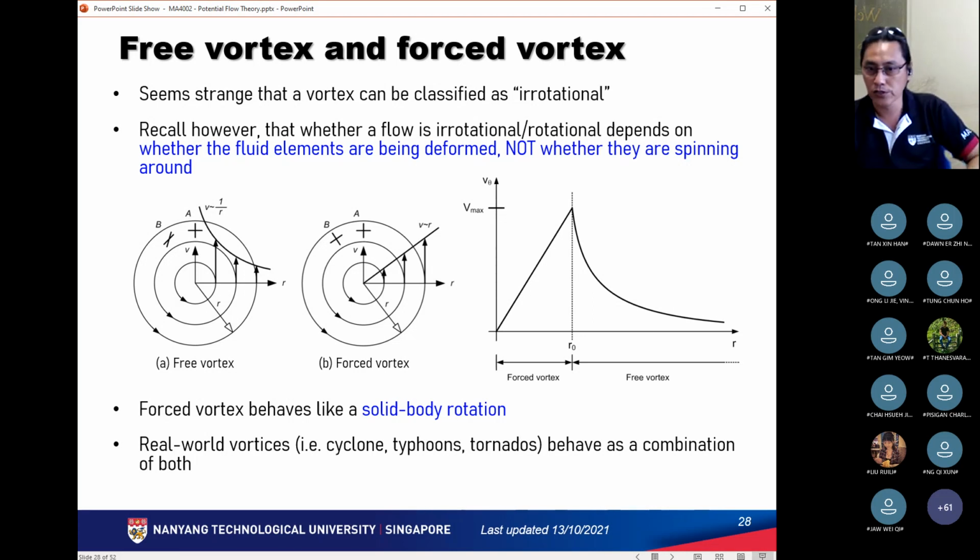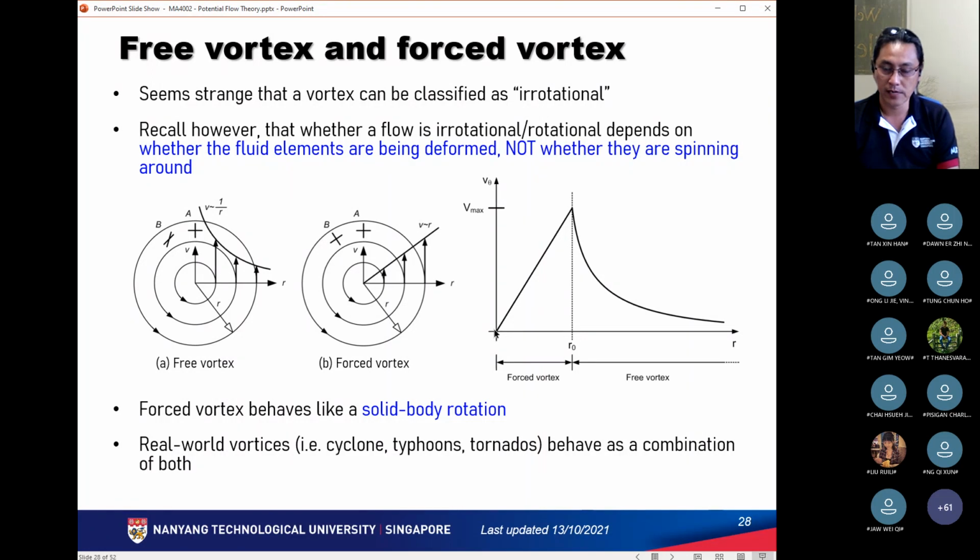How so? Of course, this is a very simple schematic, but by and large it shows what we see in real world vortices. Let's say this is the center of the vortex, and r is the distance away from the center of the vortex. Let's say a tornado or a hurricane. The vertical axis here shows the tangential velocity of a real life tornado, let's say. So if you measure the velocity of the tornado or hurricane,